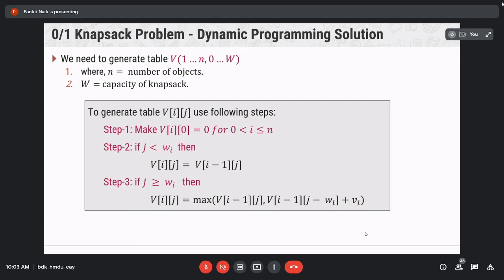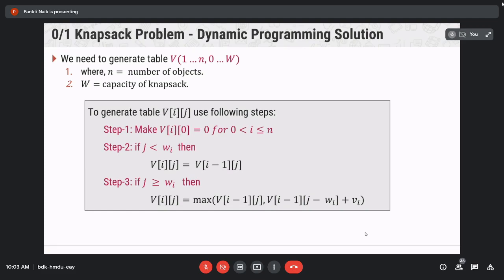Step one is make V[i][0] equal to 0. It means the first column of your table is equal to 0, for 0 less than or equal to i less than or equal to n. It means for each and every object in your knapsack, the first column is equal to 0 in your table.